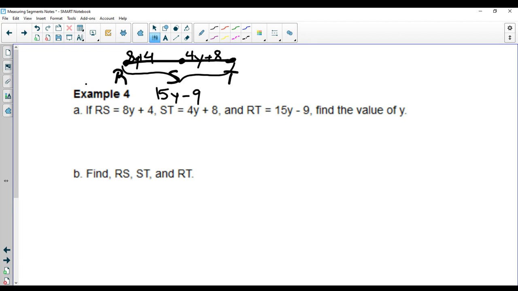So let's set up our equation. We're going to take the RS part, so 8y plus 4, add the ST part, so plus 4y plus 8, equal it to the entire thing,